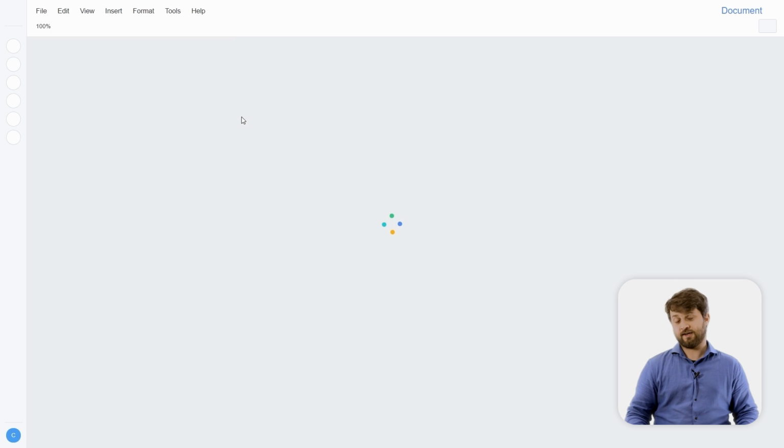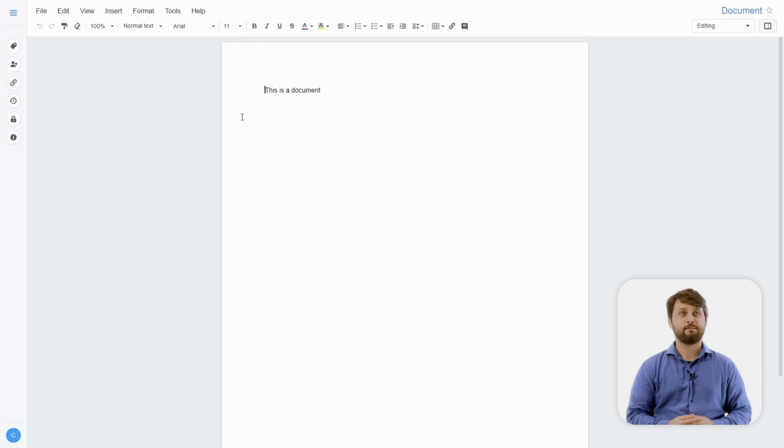As we open this up, you're going to see that we have this document with a sentence right at the top, and we can begin making changes. When we finish those changes, you're going to see right at the top, all changes are automatically saved as you make them. That's why versioning is good, so you can roll back if you need to in the future. If you make changes and they're saved, you can always roll those back if you want to. But first, let's check out the sharing options right here.